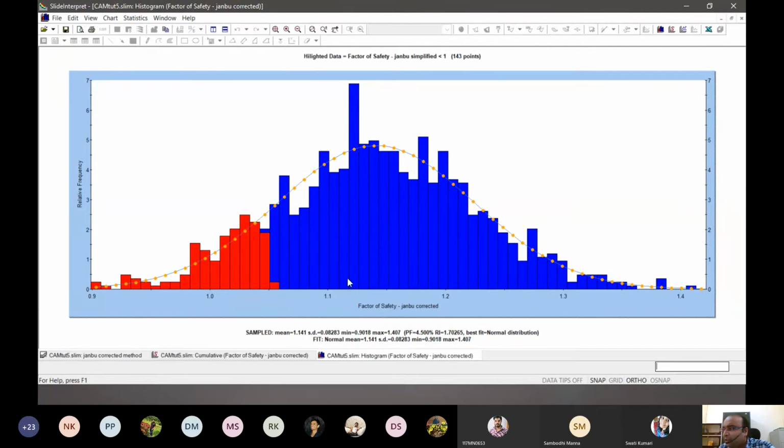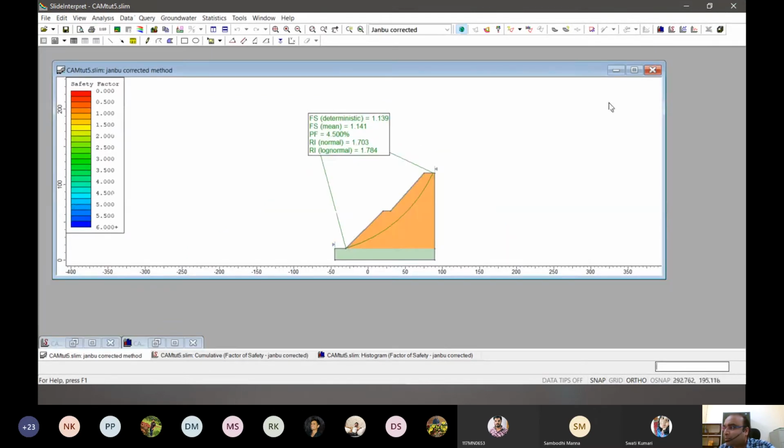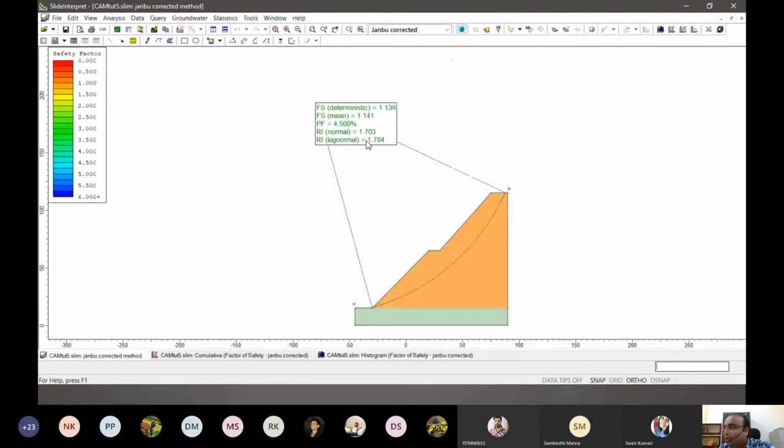So 0.08 basically represents one standard deviation. So between minus 0.08 and plus 0.08 around 67% or 66% of data lies. Now, what the reliability index is saying simply is that after